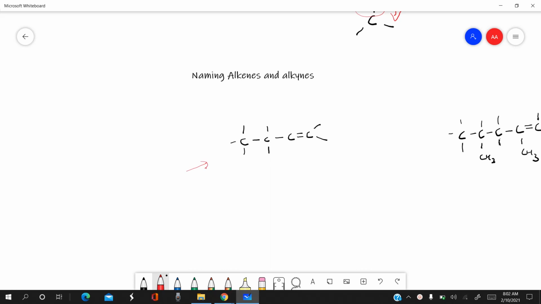Let's do this example. So the first step is numbering. When numbering, make sure that you give the lowest number to the carbon which has the double bond. So if we number this way, this won't get the lowest number. So we number this way, from right to left. 1, 2, 3, 4. And since there are four carbons and there are no other substituent groups,